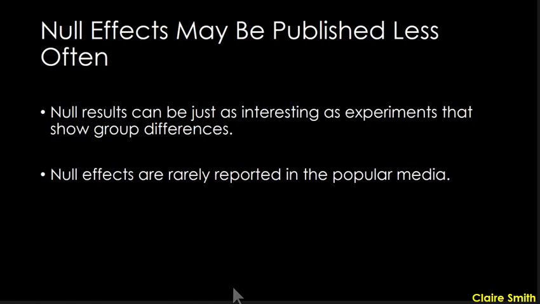The very last thing for this chapter, null effects may be published less often. So this happens, research a lot of times has null effects, and it is important, right, to see that men and women talk the same, even though people think that women talk more than men or whatever the research is looking for. Sometimes null effects are important, but you're a lot less likely to see those being published,